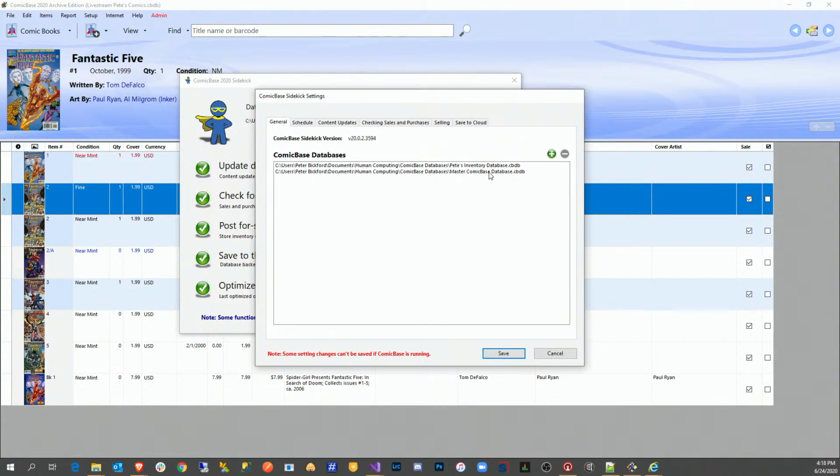This is better in ComicBase 2020 than it used to be. It used to be in ComicBase, any database you'd opened recently would automatically get added to Sidekick. We don't do that anymore because it caused too much confusion and problems for people, where they would open up an old backup, or they'd open up a spare copy of something, and they'd kind of lose their place, and then they'd be trying to manage multiple databases at once. So now in Sidekick, you have to explicitly add the databases you want to use using the plus and the